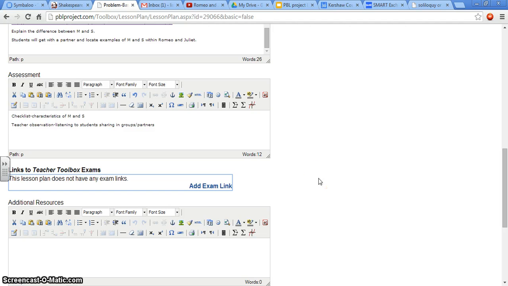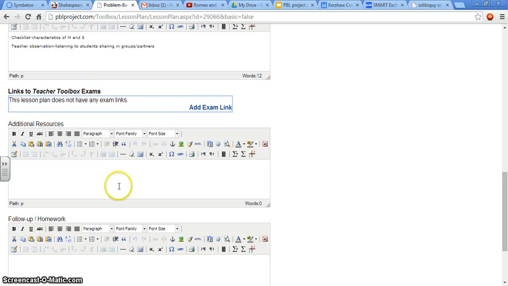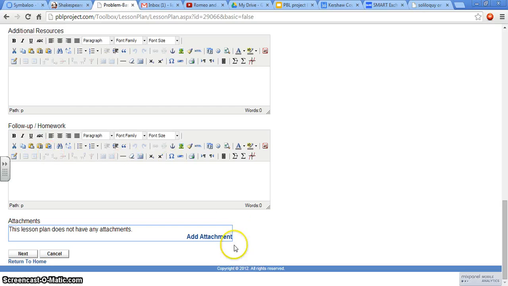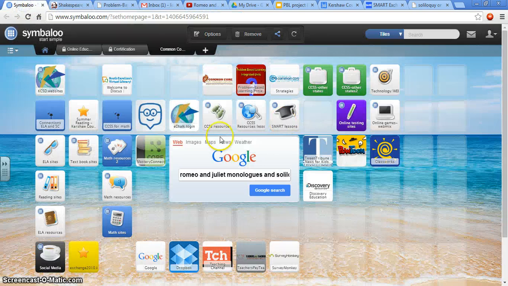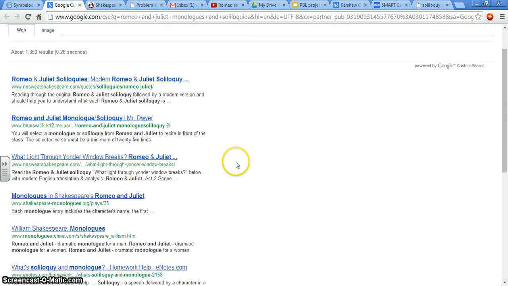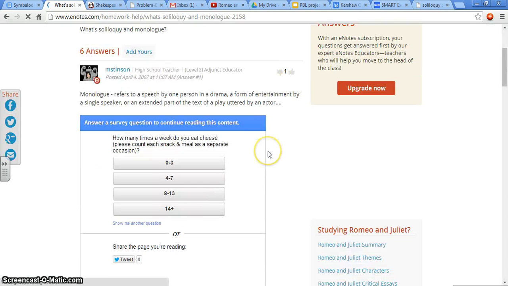If you have worksheets or anything like that, you can add them to these resources. You can add more links. You can add exams here. You can add their homework if you want. Let's say I go to search and I want to find a worksheet, homework, eNotes. Here's eNotes. And so here I can take this worksheet that comes up,